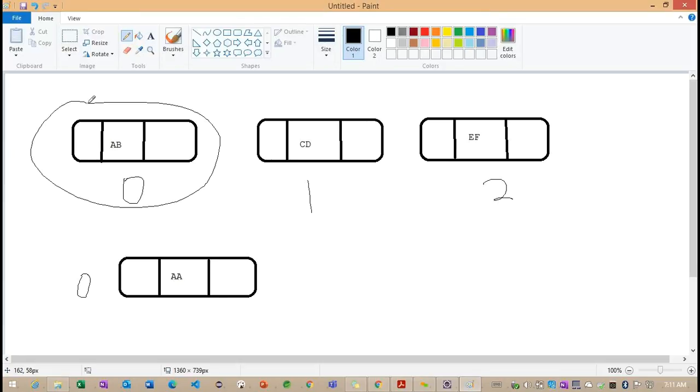After this, based on this node's references, this node's next node is already connected to CD, and similarly CD's previous is connected to this node, and CD is connected to EF, and EF is connected back to CD. This is the relation we already connected.